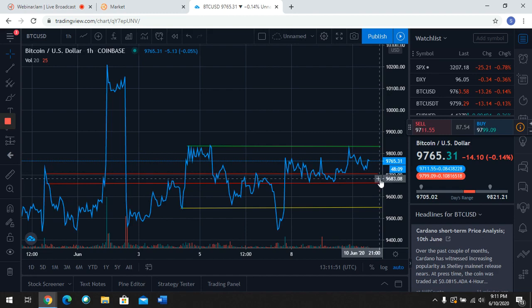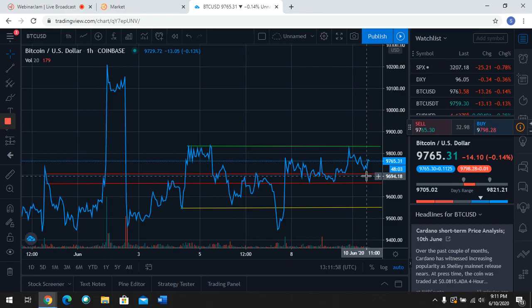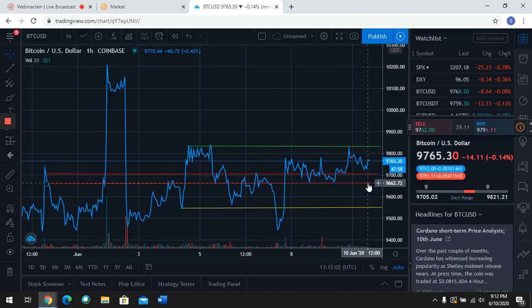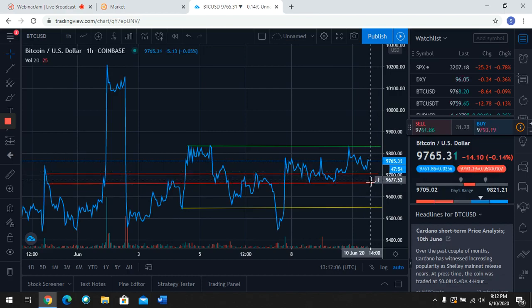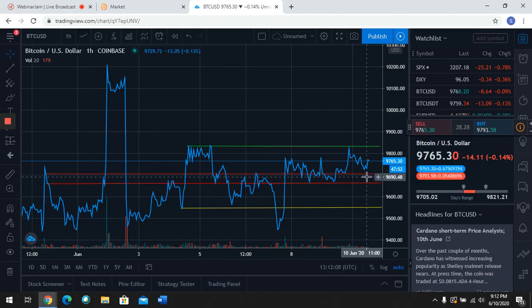Now you guys understand the support level using a line chart. So if you plan to buy within this week, or you want to see how the price moves, do monitor these two red lines. Do monitor these two red lines. If it's able to sustain within this